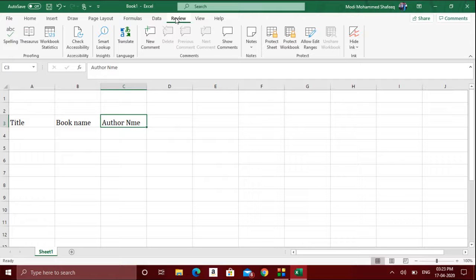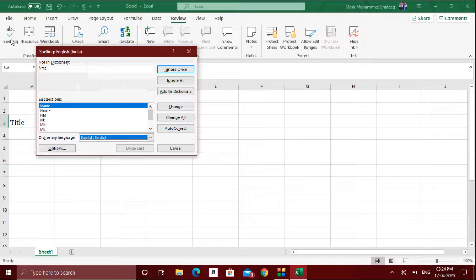So to check and correct the spelling errors, you need to go to the Review tab and review it before you save your worksheet or before you publish your worksheet. For that you need to click the spelling option. You can see it automatically identifies the text where you have made a mistake, and it will give suggestions as well.